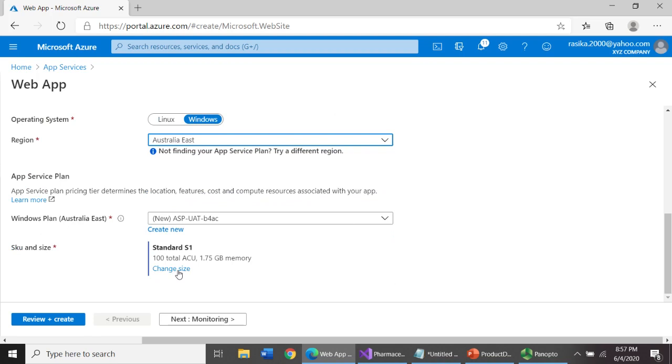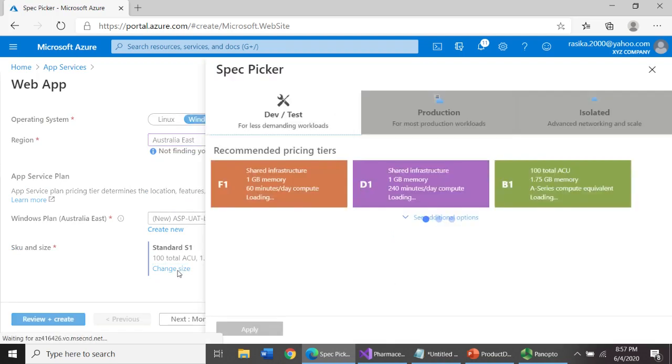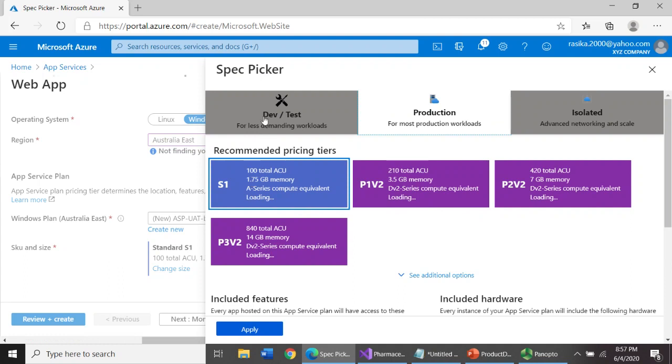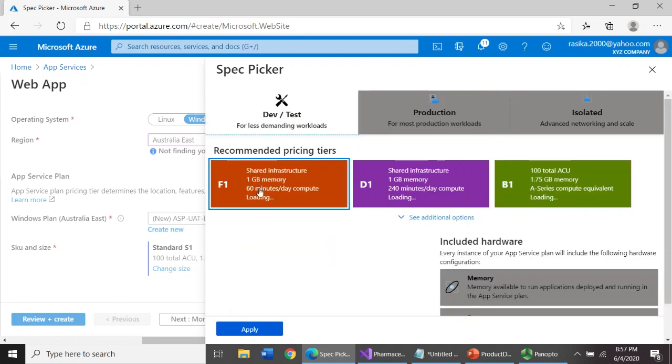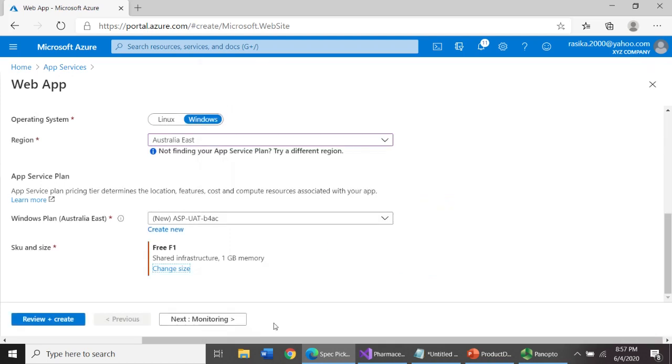and then you can configure the app server. This is going to be for testing purposes. I am going to select the standard version. So it's done, all the things completed, and I'm going to click review and create.